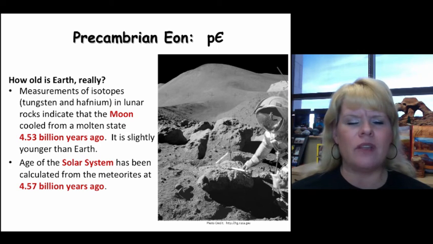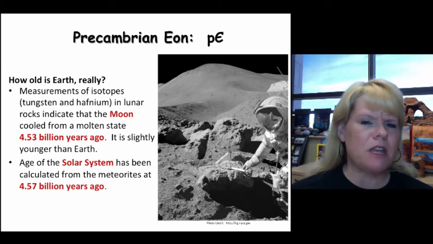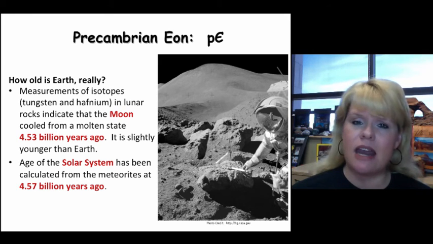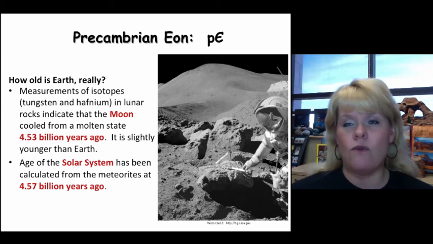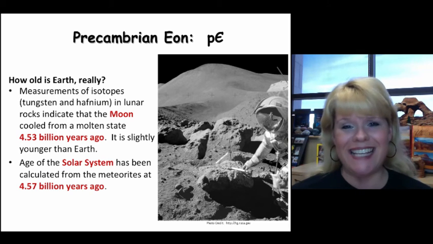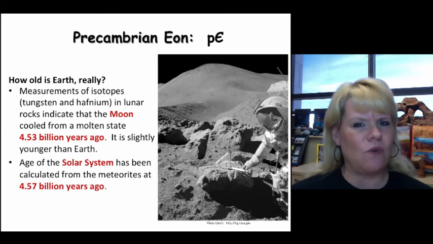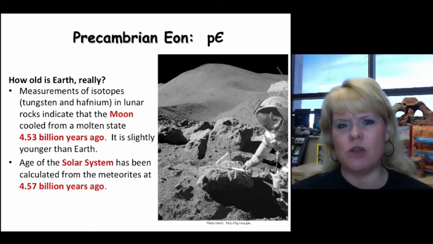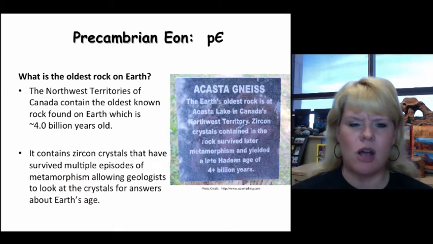How do we know that? Besides dating it, we also can look at the chemistry of the magmatic material that came to make the moon. The moon just didn't happen to get into our orbit. It was caused by a bombardment with planet Earth. Now, when we look at meteorites that have fallen to Earth from the solar system's earliest days of being formed, they date back to 4.57 billion years old. So the sun must be slightly older than that as well, coming to the 4.6 billion year old thought process.